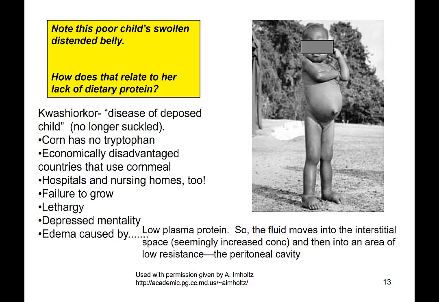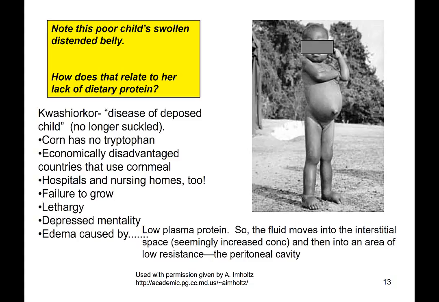Here's another example of a manipulation of our body fluid compartments. It's really not so much a manipulation, but a disturbance, I should say, of the body fluid compartments. Look at this poor little girl. She lives in a country where she is economically disadvantaged. She does not have all of the essential amino acids in her foods. She's living on a corn-derived diet, and corn does not have tryptophan, which means we're going to have a problem with other amino acids and protein synthesis.